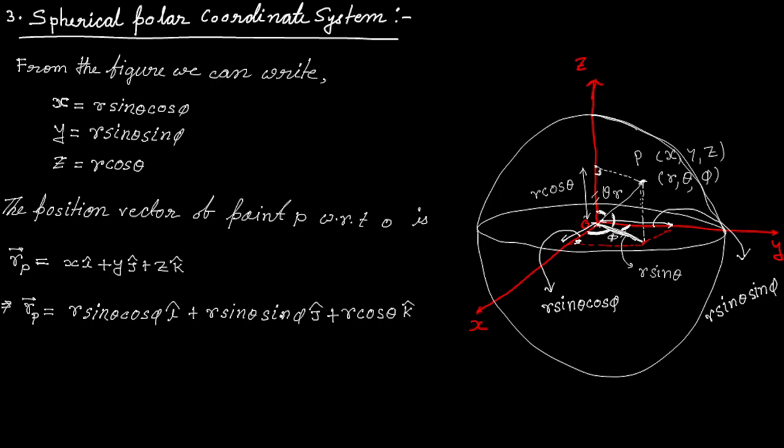Okay. So this will be the position vector of point P in terms of spherical polar coordinates r,